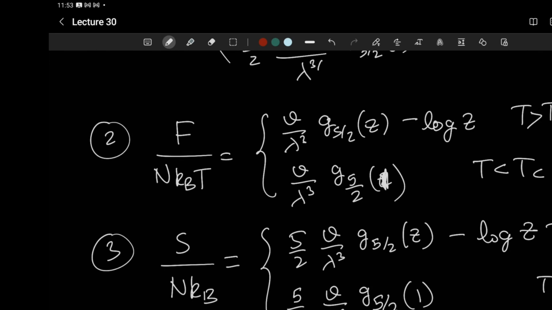Okay, it's not there in U, right? So it should be there in S, because F is U minus TS. So for me these are the interesting ones. What is happening? Okay, so